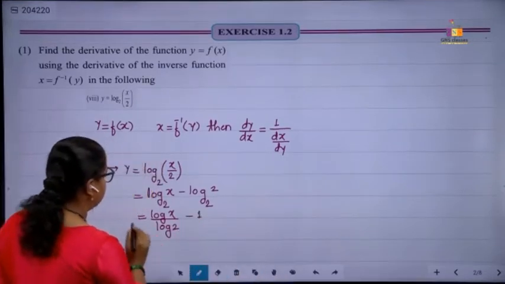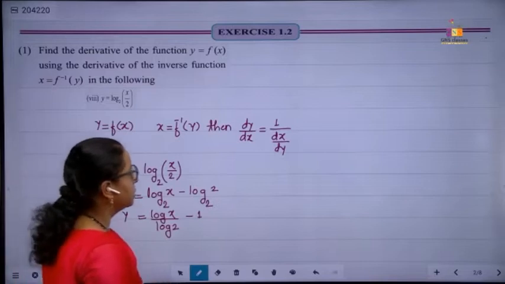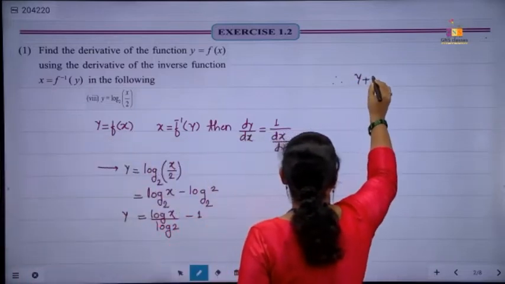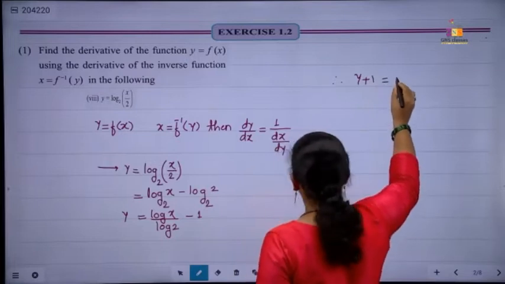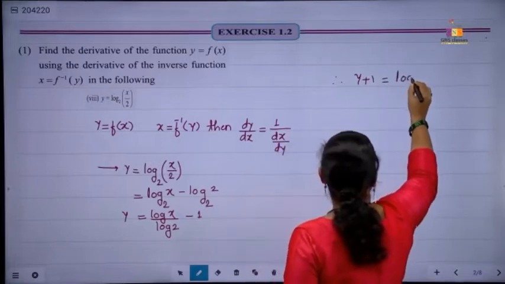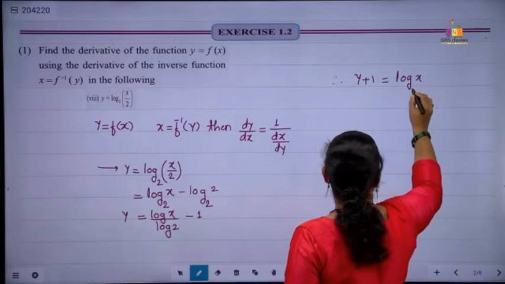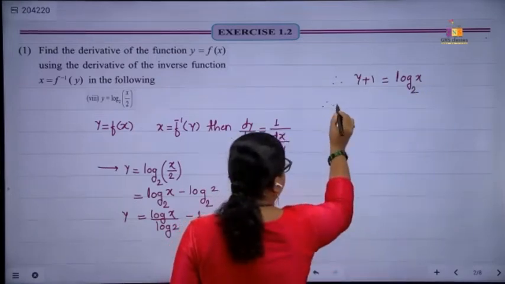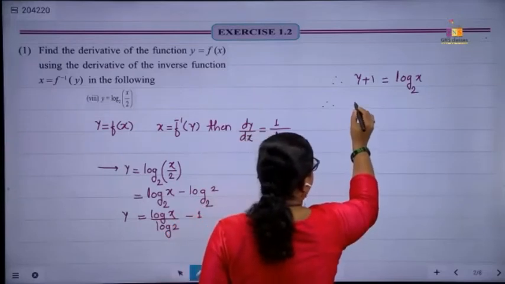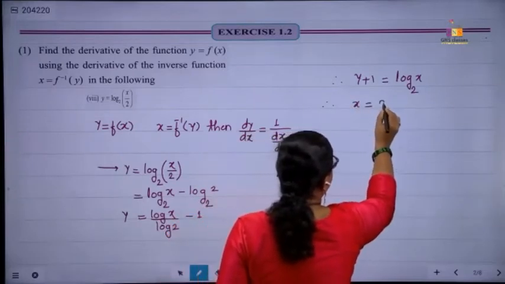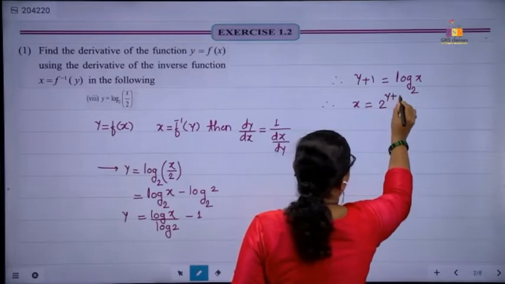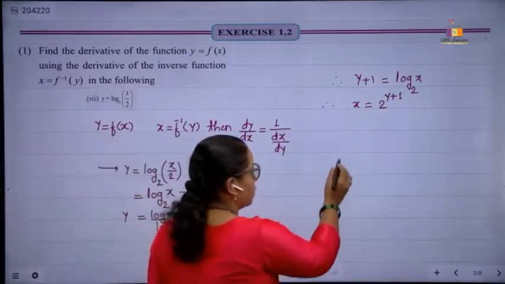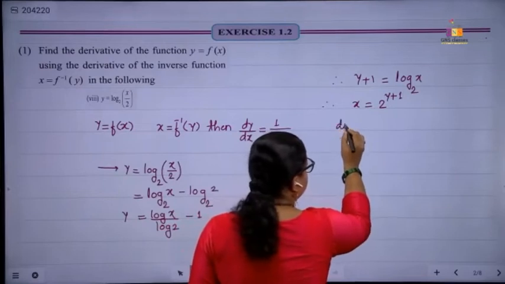That means we get y is equal to log x upon log 2 minus 1. Therefore, y plus 1 is equal to log x to the base 2. Therefore, x is equal to 2 raised to y plus 1. Now differentiate this function